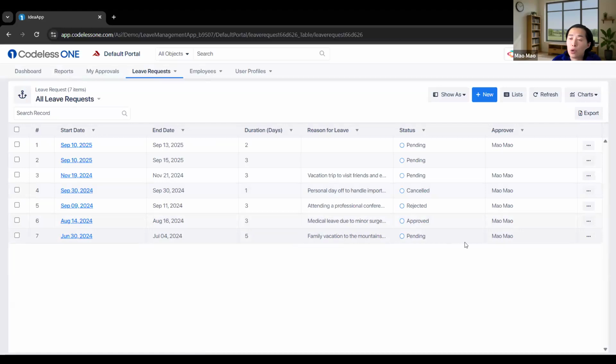So yeah, I think this marks the end of my demonstration. And of course, I think this leave management app is just one type of application we can use Codeless ONE to build. We have simple solutions like this leave management, and we also see users building very complex ERP solutions or solutions for not-for-profit organizations, for bioscience